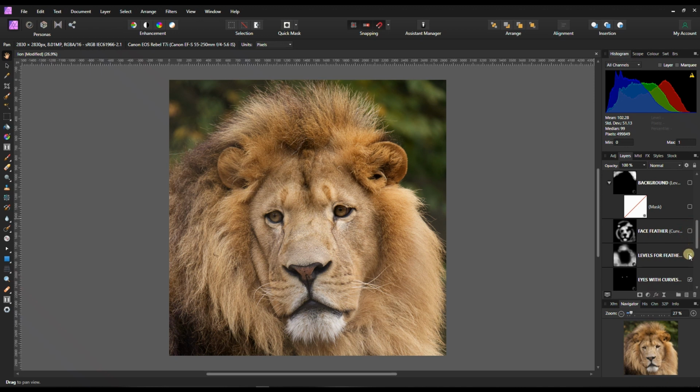And then face feather. So what I did, every time I did something, I made a name. I'm going to show you anyway. And now I'm just going to turn on the layer like that. And then there you go. Now, first thing first, what I did, I'm just going to show you. So if you can see it at the left on the layer,